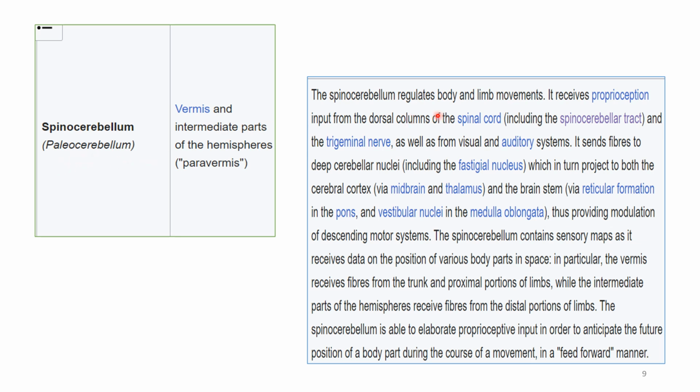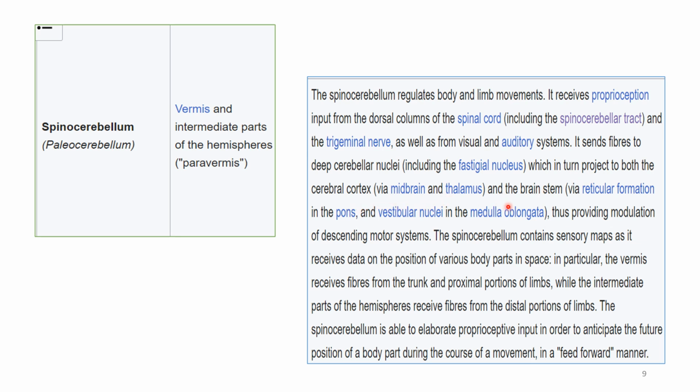Why is it important? The spinocerebellum regulates body movements and limb movements. It receives proprioceptive impulses from the dorsal column through the spinocerebellar tract, and also from the trigeminal nerve as well as from visual and auditory inputs. It sends fibers to the deep cerebellar nuclei, that is, to the fastigial nucleus, and it projects to the cerebral cortex